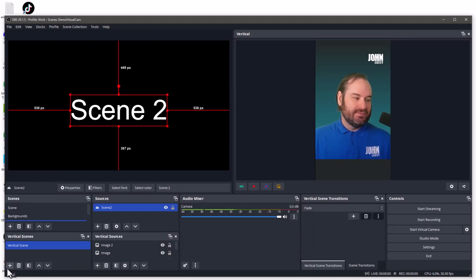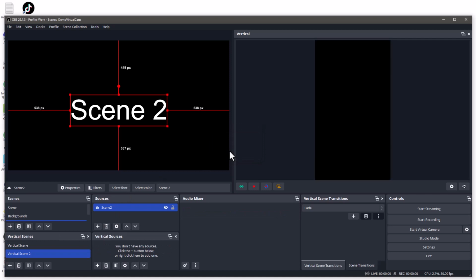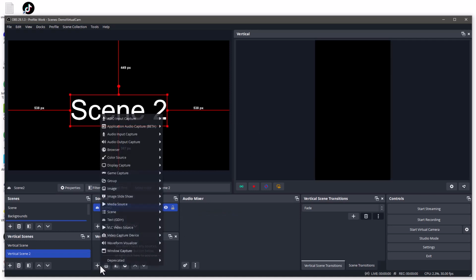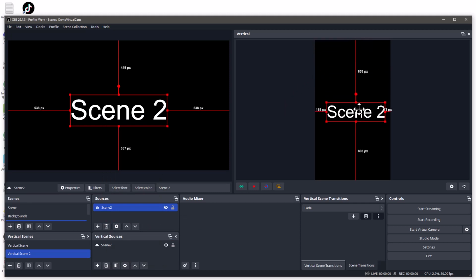I'm going to come over to my vertical scenes now, and I'm going to add a new one. I'm going to say vertical scene 2. This will actually move us over to our vertical scene. I'm going to add that same text. I'm going to go to a new source, and I'm going to go to scene 2. It's going to throw that there. I can sort of reposition that where I want it. Again, not the most exciting example in the world, but I just want to show you something which is really,